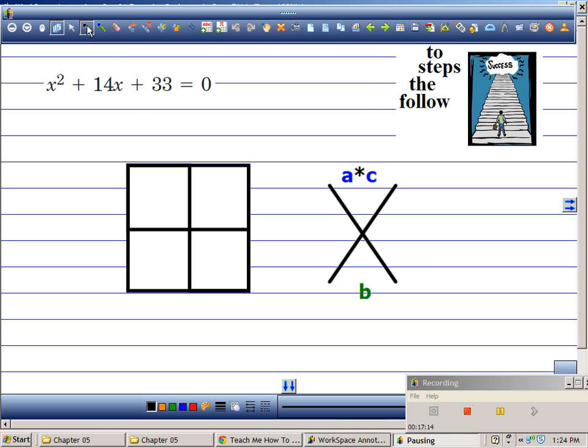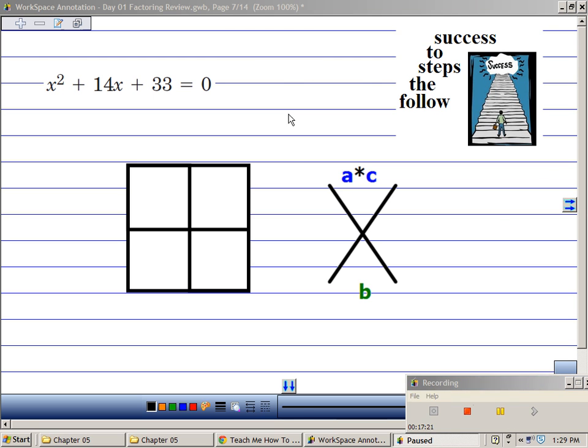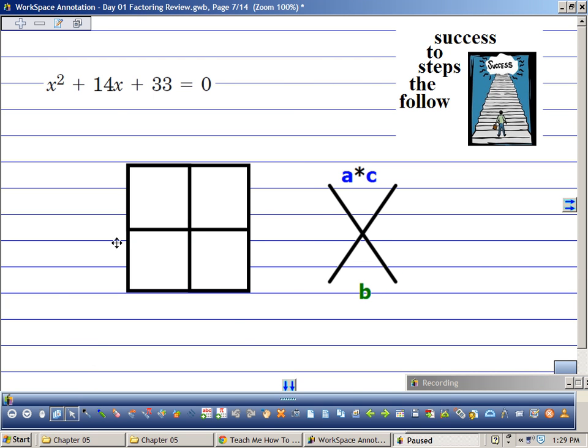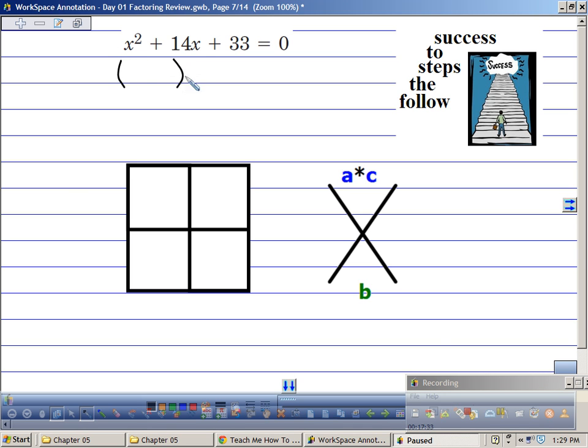All right, so for instance, this one. Go ahead and try this one on your own. Okay, so I'm going to start off with doing the guess and check method because this, to me, looks very easy to factor. I can see it. I don't have a leading coefficient here other than 1, right? So I know